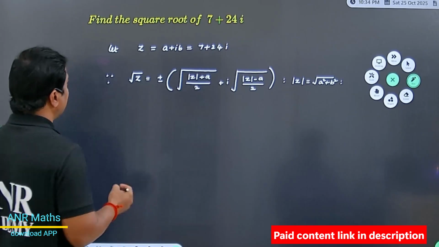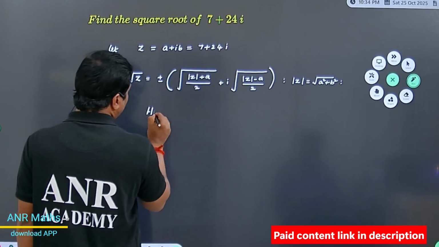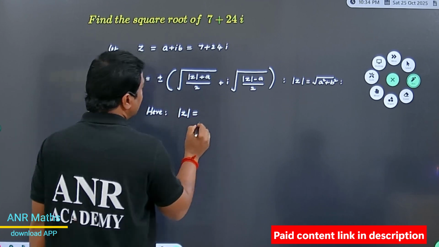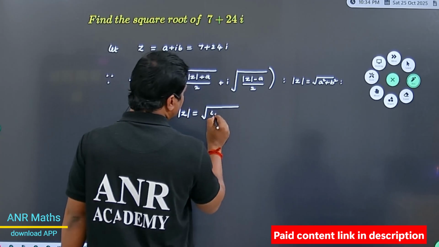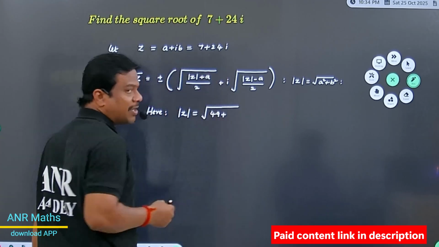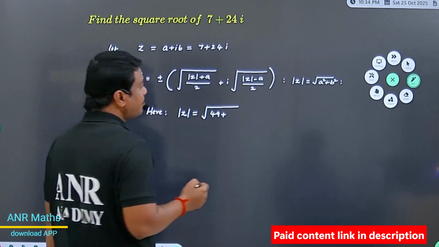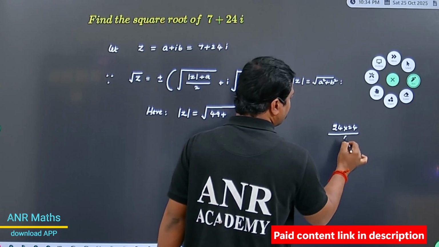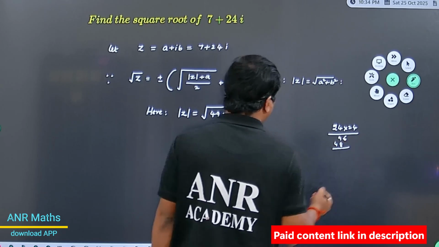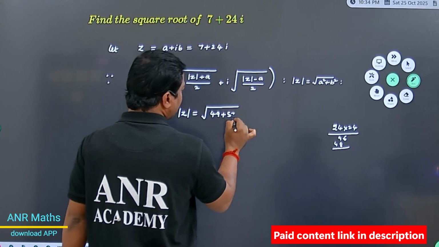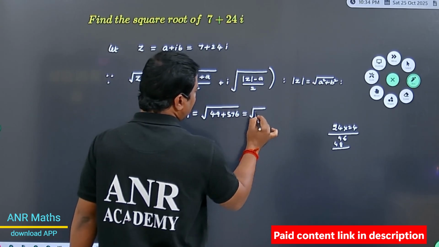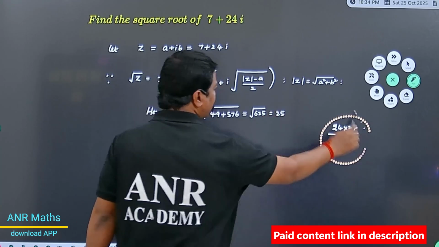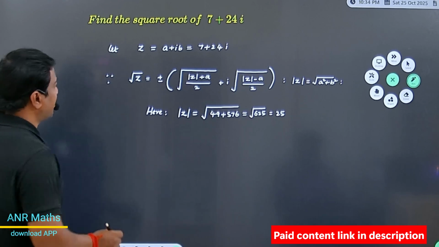Here, first I am going to find the modulus z value. Mod z is root over a square 49, plus b square 24 into 24, that is 576, and this is root over 625. That is the modulus z value, 25 in this case. Now